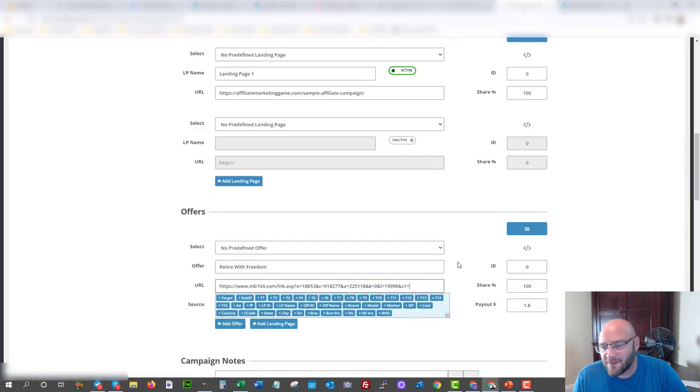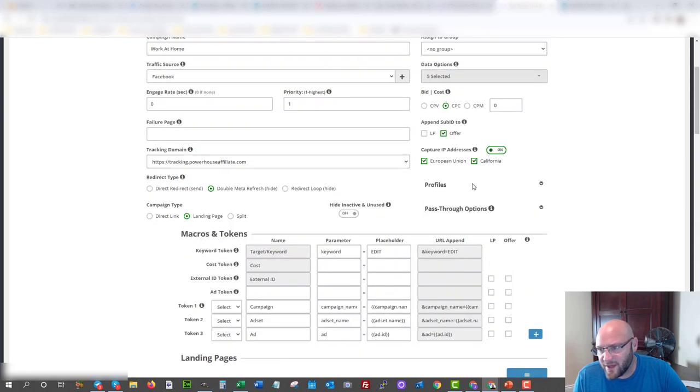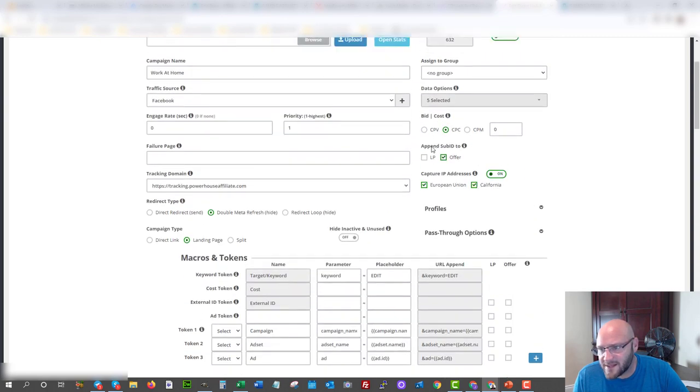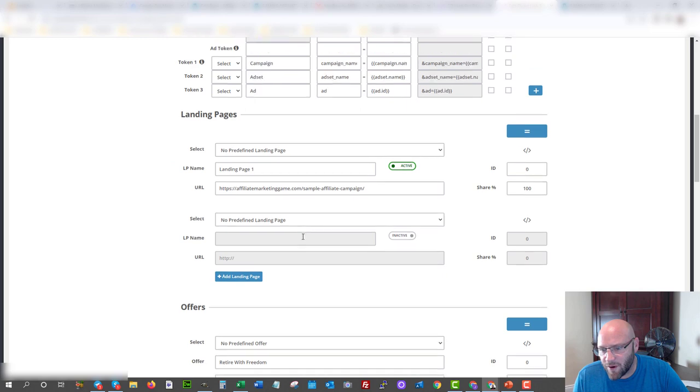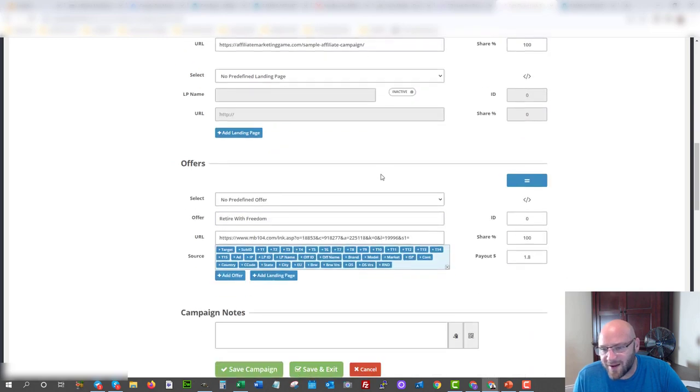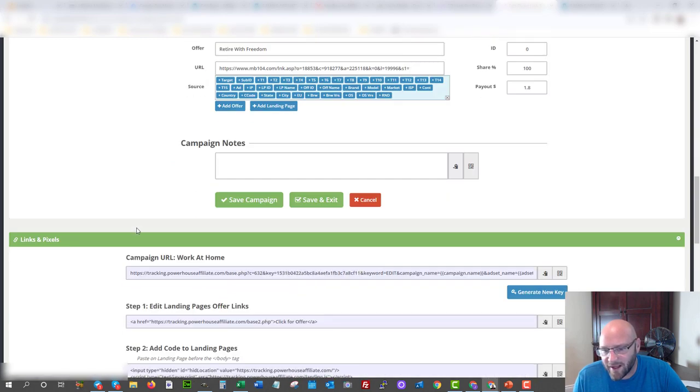Now, every time somebody clicks on the campaign URL, or when they click on the offer, it's going to automatically add a sub ID, because we have set that up here to append the sub ID to the offer right here. So now it's going to automatically do that for us, and it's going to send it into MaxBounty every time somebody clicks on our offer link. So now what we need to do is make sure that our landing page is set up